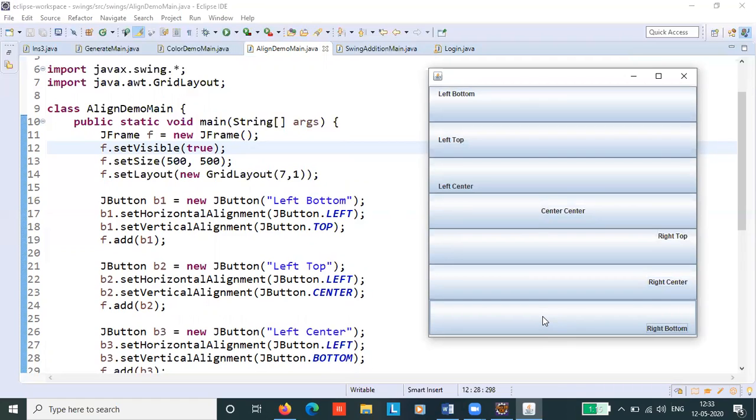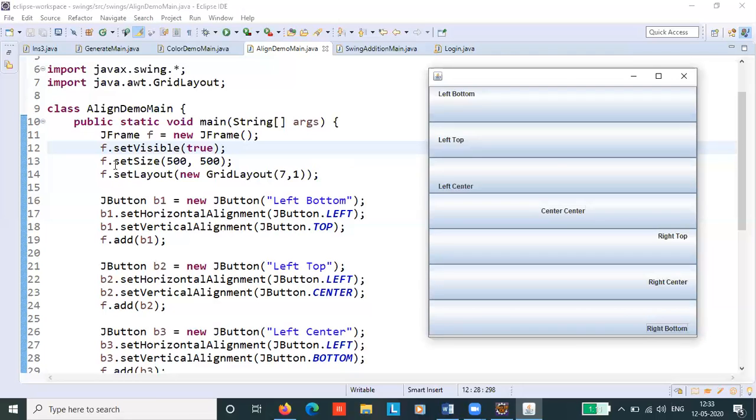So here we're trying to display the label alignment to center from both the sides. That is horizontal as well as vertical. Here it is to the right top, right center, right bottom. So this is your grid layout with how many rows? 7. That is 1, 2, 3, 4, 5, 6, 7, and 1 column.